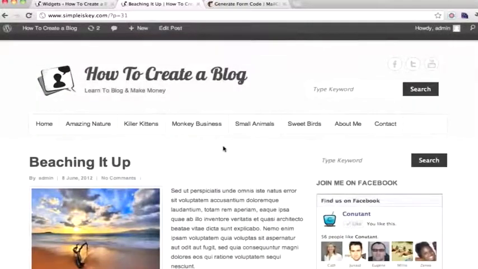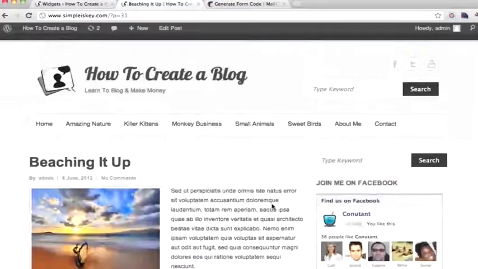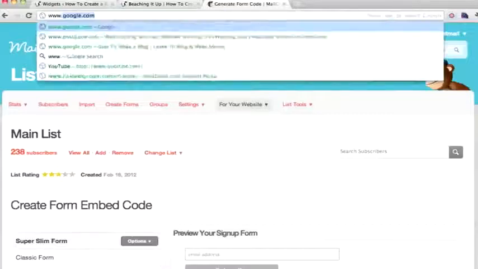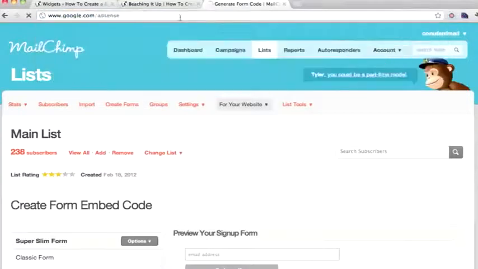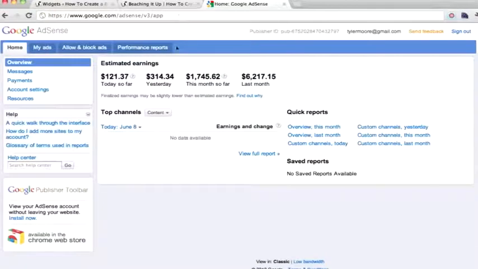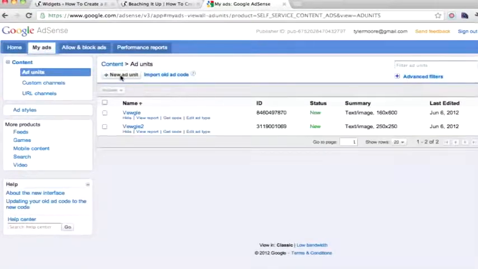Alright, the next and maybe most important thing I'm going to show you is how to embed ads into your blog so that you can start to generate some money from it. The first thing we want to do here is just go to google.com/AdSense and just click on My Ads. Then you could do New Ad Unit,